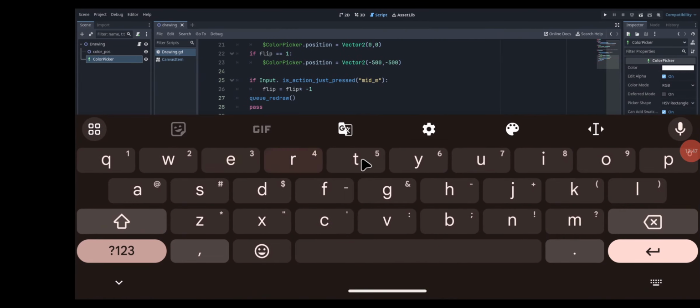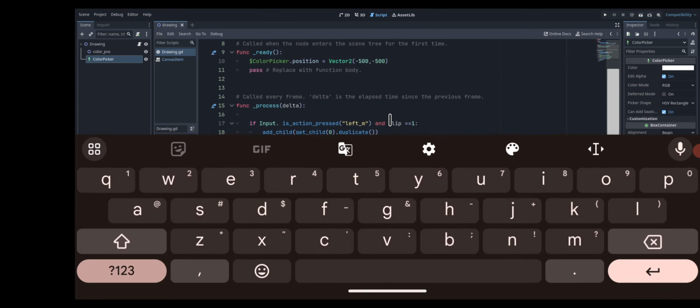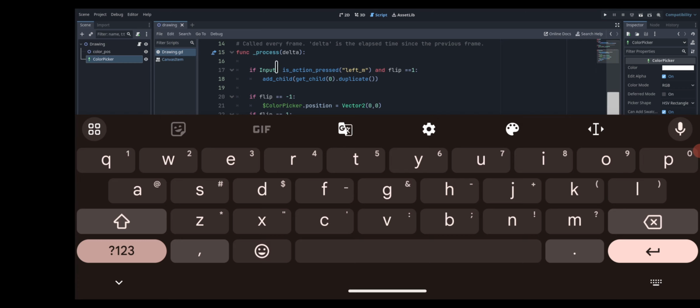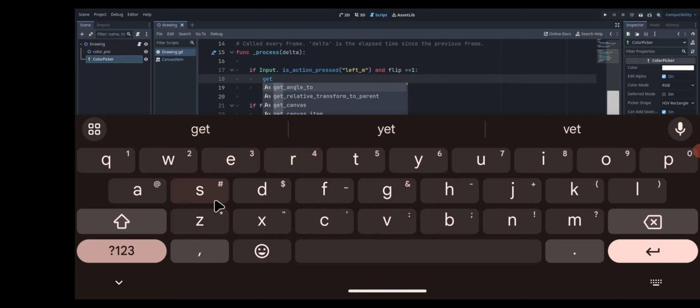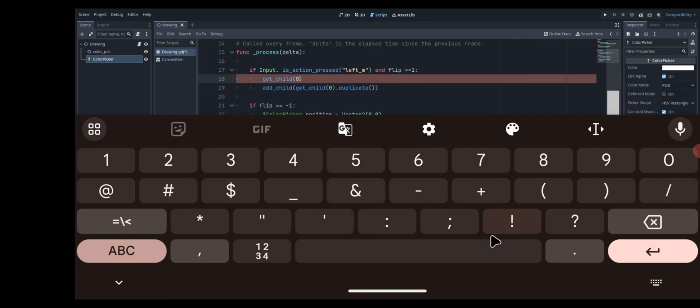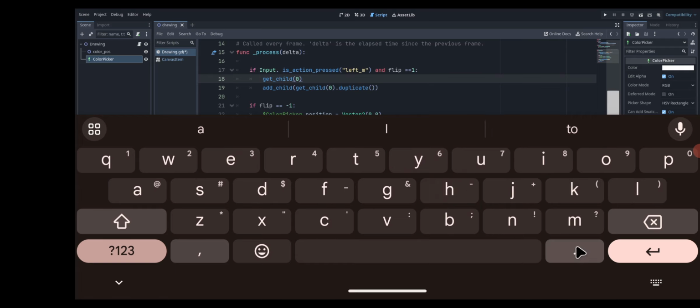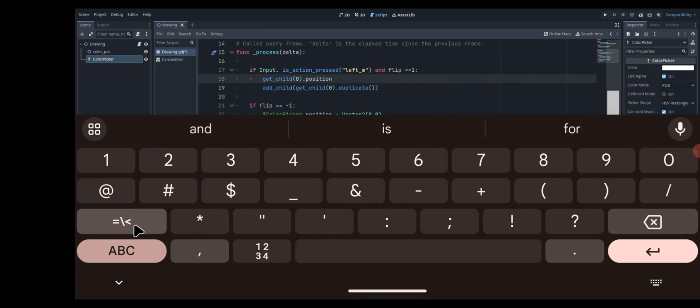But it's not going to do that right away, because I still haven't adjusted the mouse position. So within the if Input.is_action_pressed, we're going to go ahead and get the first child, because the first child is also the duplicated one. get_child(0).position equals